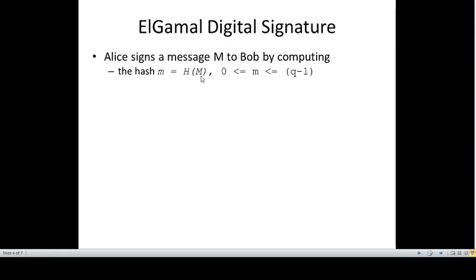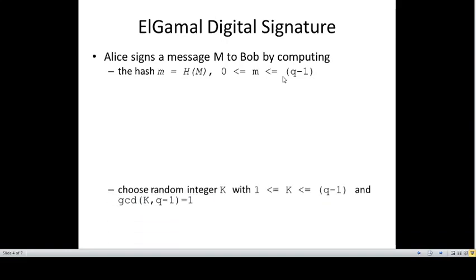You are not supposed to calculate this procedure here. If an example comes, the small m will already be given in that example, so don't worry. But when you are actually applying the algorithm, you have to first calculate the digest for that message, and then the signature will be generated on that message digest. That m must be an integer greater than 0 and less than or equal to q minus 1, meaning m will be in the range of 0 to q minus 1.